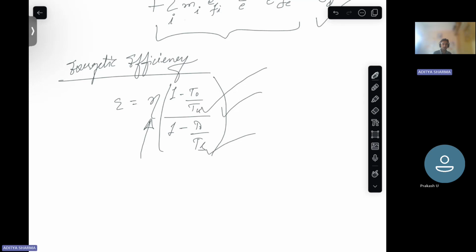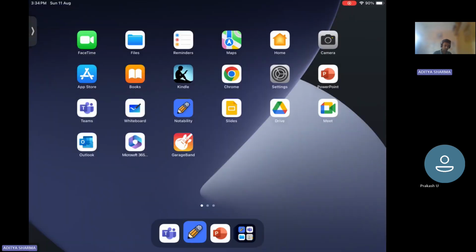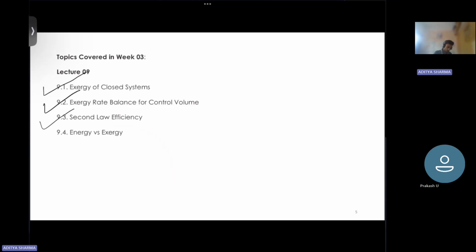So this way, exergetic efficiency has been defined. The diagram has been given in your lecture notes, so you can just check that. I won't draw it here at present, as it will unnecessarily take some more time. So then moving on to the